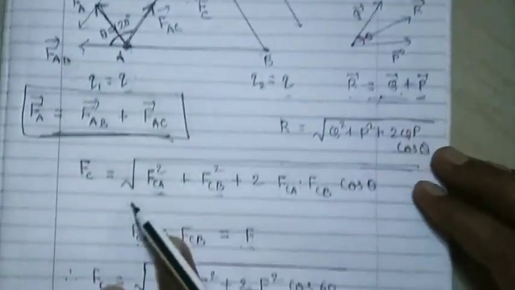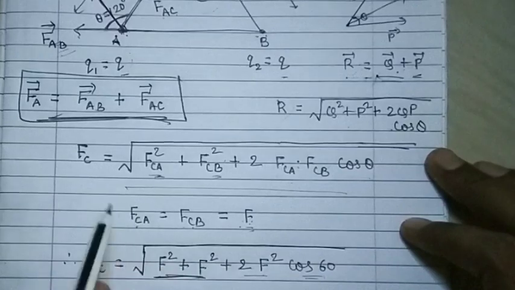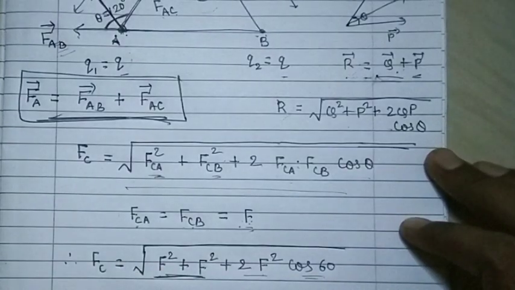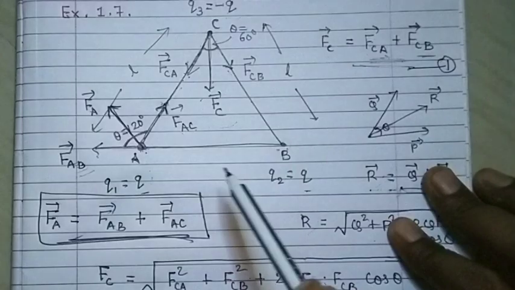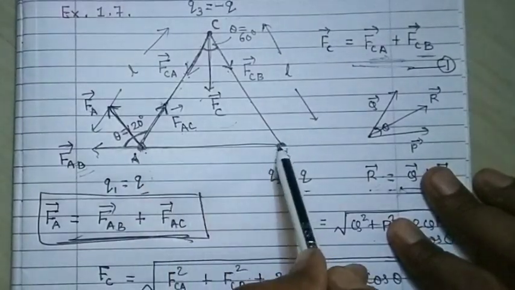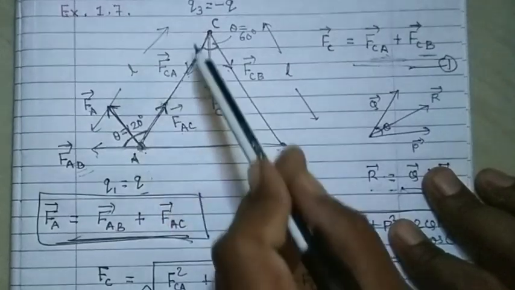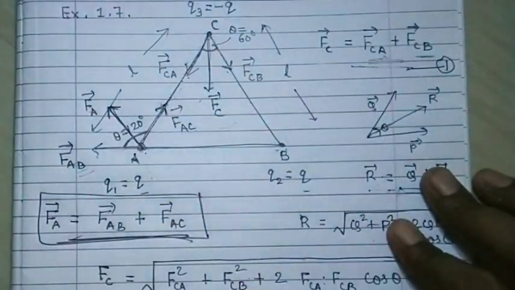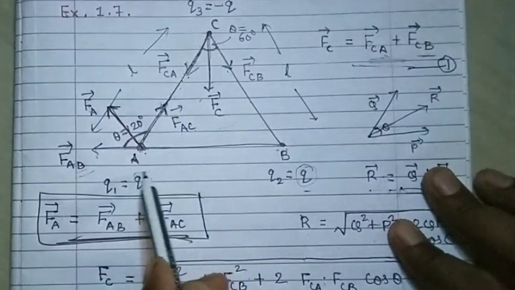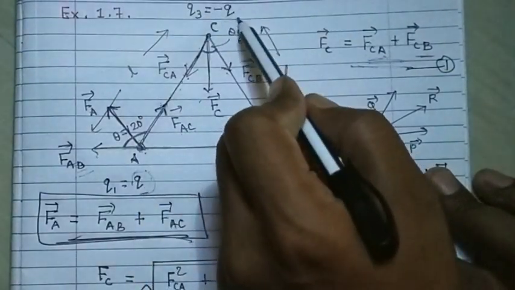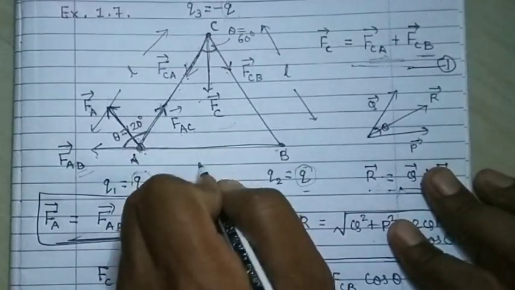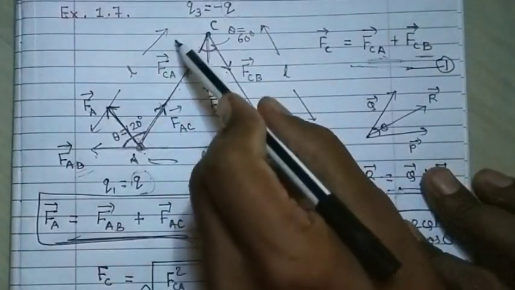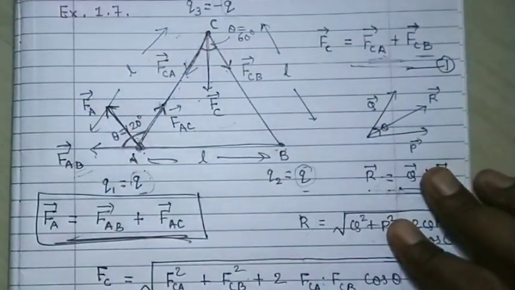As earlier, when we obtained the force on this particle, we have written this equation 1, and then we have applied this formula, and then simple calculation is there. The magnitude earlier was also same, so we have taken it as F. Here also in this case the magnitude of the force will be same. The force on A by B will be equal to the force on A by C. The magnitude will be same because here also the charge is Q, here also the charge is Q, and even the distance here also is L, and here also it is L.